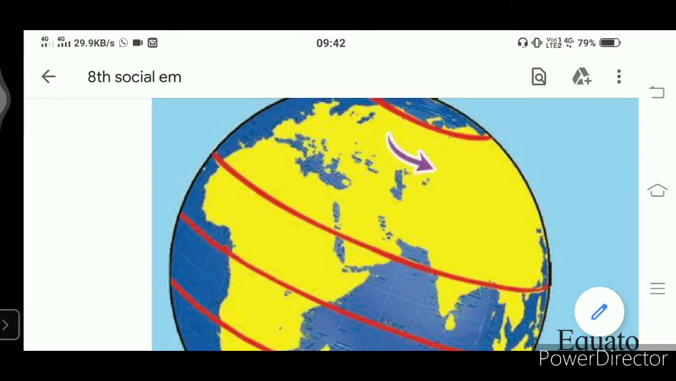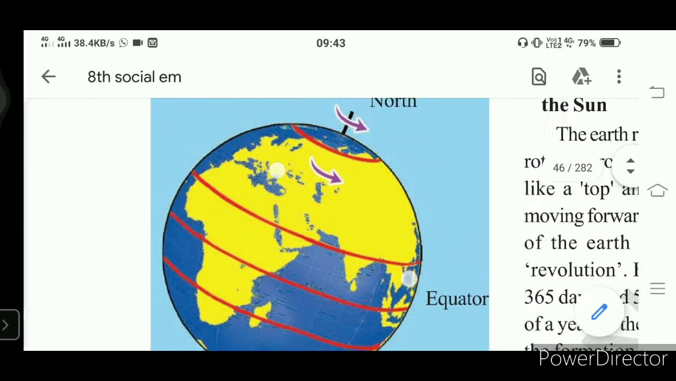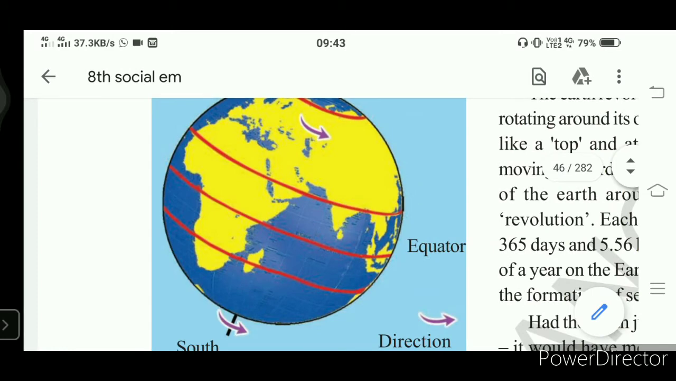Temperature belts on the earth. What are the temperature belts? It means how the temperature is distributed around the earth, that we will see here. Today we'll see how the effect of the tilt of the axis